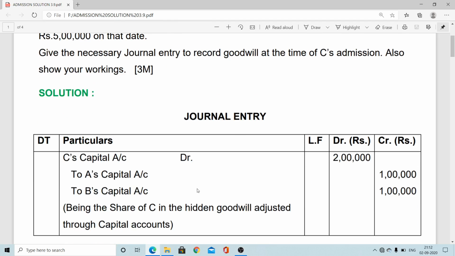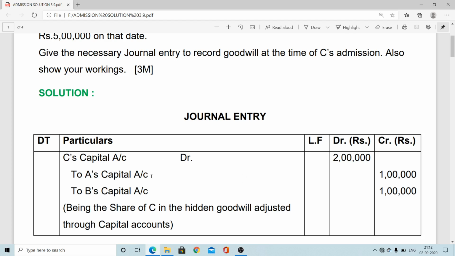In the memorandum method, we know that either the capital account or current account we have to debit. This is easier than the premium method. In case of the premium method, generally you have to pass an entry for cash to PGW, PGW account debit to old partners' capital under the sacrificing ratio. Not only that, when we apply the premium method, at that time the existing partner can withdraw the amount. So at that time a third entry will also come, old partner's capital account debit to cash or bank account. But here in this case there is no question of withdrawal because he is not paying any amount for goodwill. So only one entry is there, and if goodwill is already raised, at that time you have to eliminate that amount. So for that purpose the reverse entry, that is old partners' capital to goodwill.